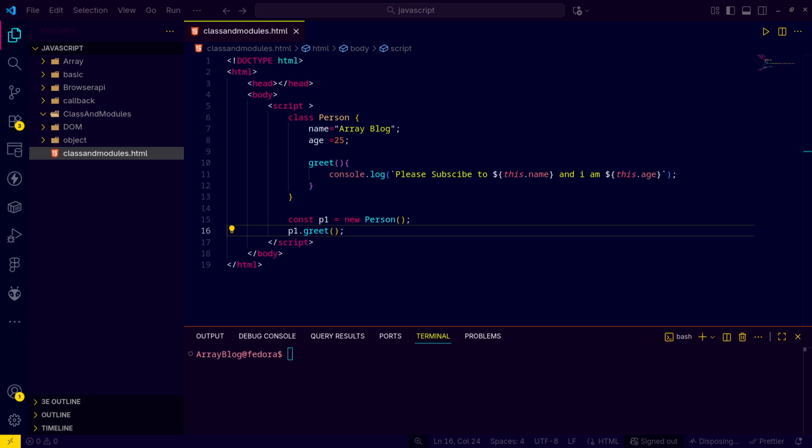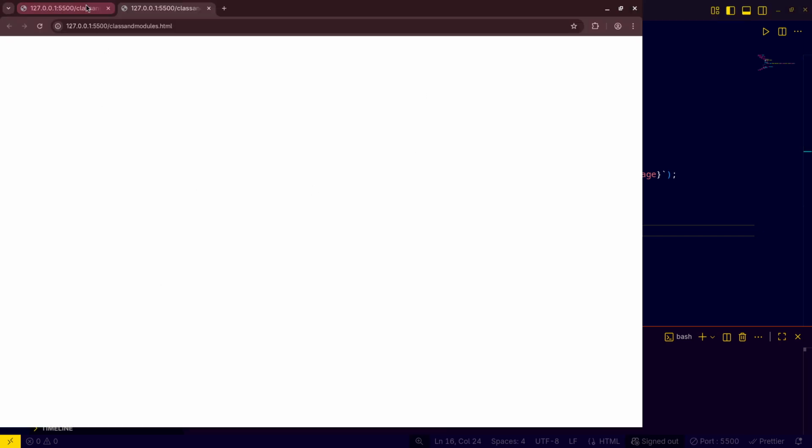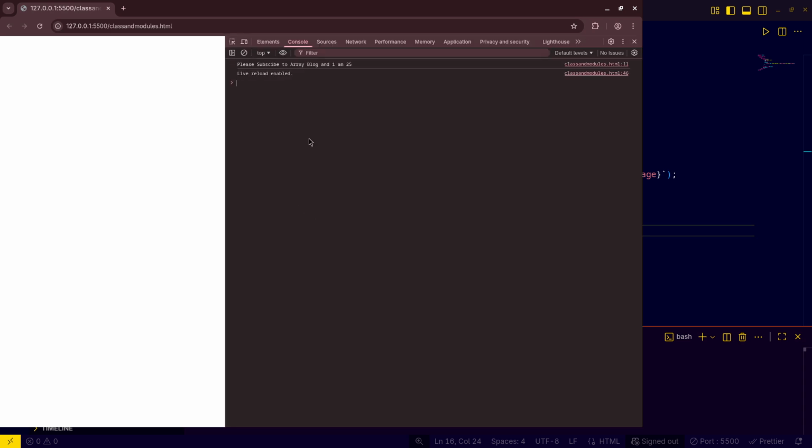So let's run this and see. We'll inspect this. So we got here the output, right? So this is the modern way to write classes, and a method and object inside the class